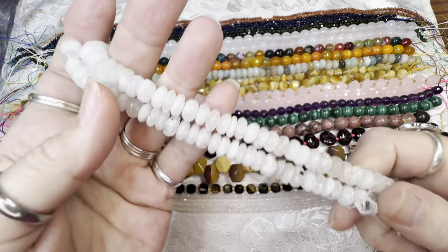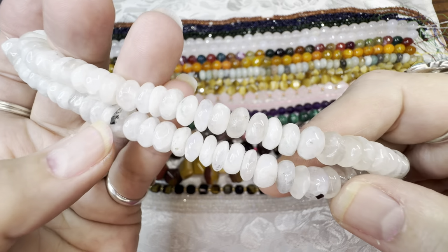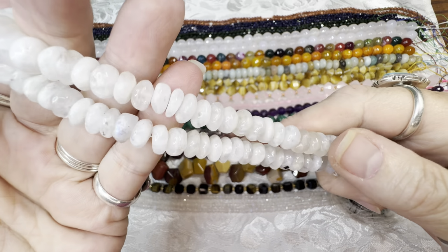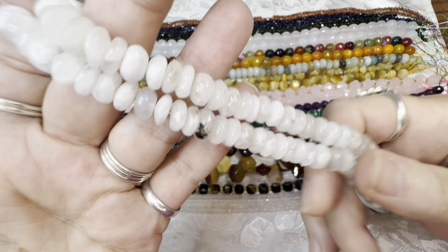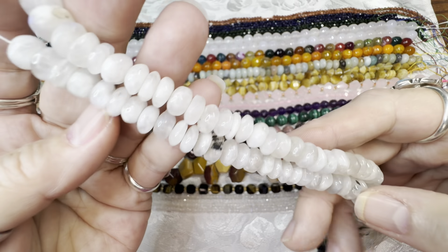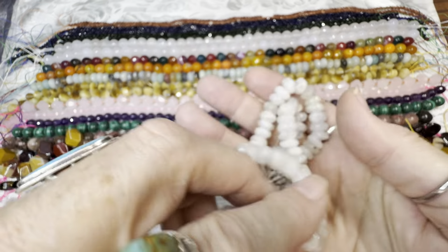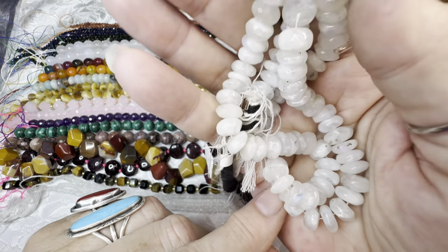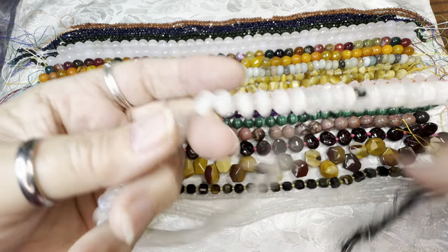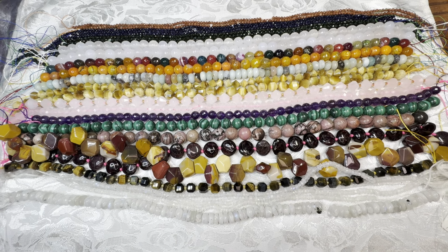So then I got a bigger strand, these little rondelles. Look at these. Now this is almost all natural, because look at the markings in here. That's the stone. This is how it comes. I love it like this. Yes, I love them polished, but I'm telling you what, I love it all natural with a little bit of shine. It's just so much more organic. I mean, I love them both. Don't get me wrong, but like I said, you really got to move them around to see all the flash. You could spend 10 minutes with just one strand. I could anyway. That's me. But yeah. So speaking of flash,